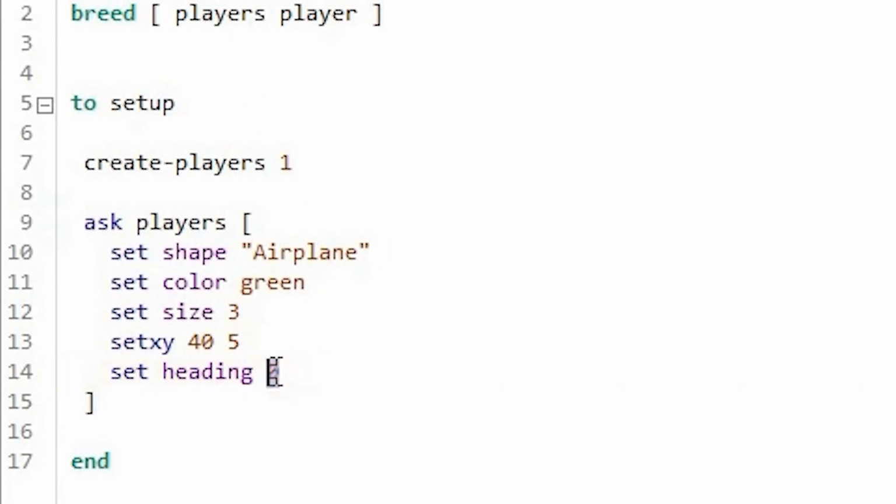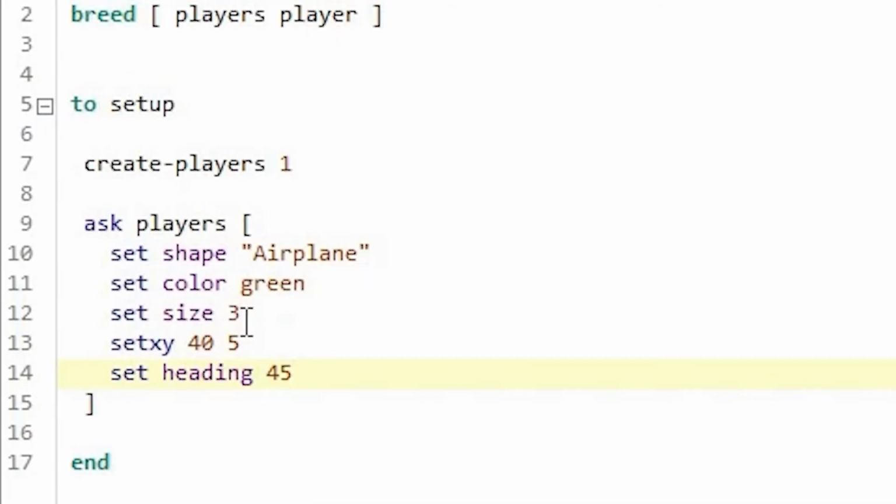But if I give something like 45, then it's heading 45 degrees, I mean, it has an angle of 45 degrees when we calculate the angle from the north direction.